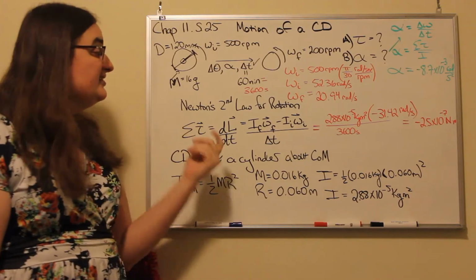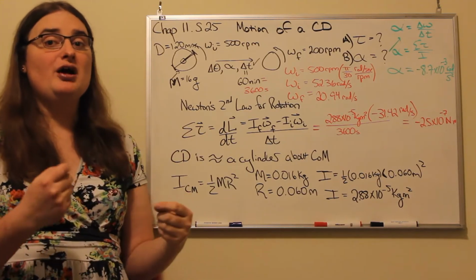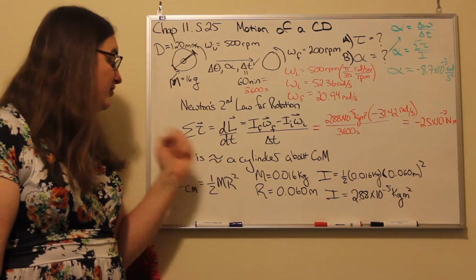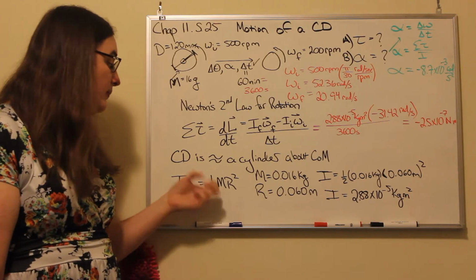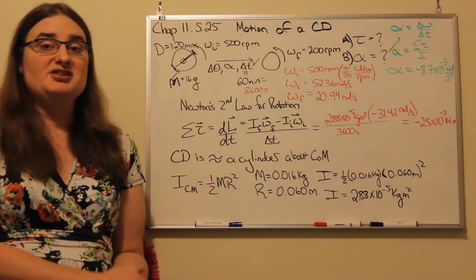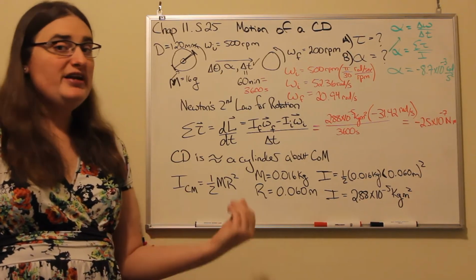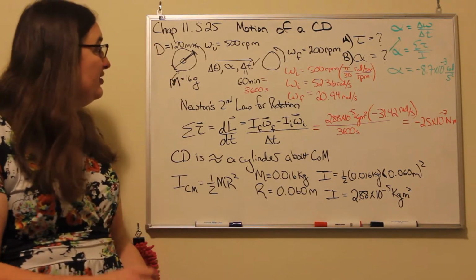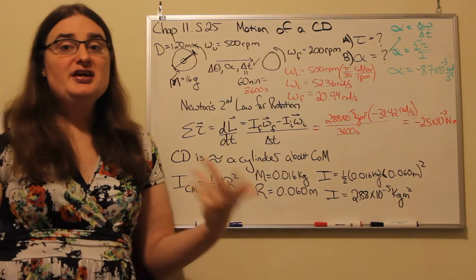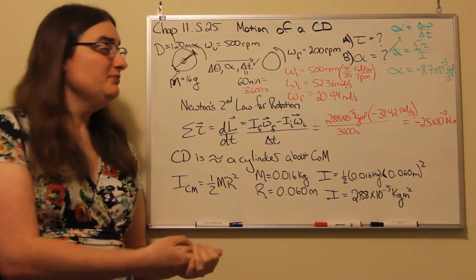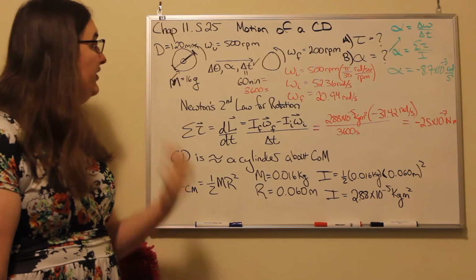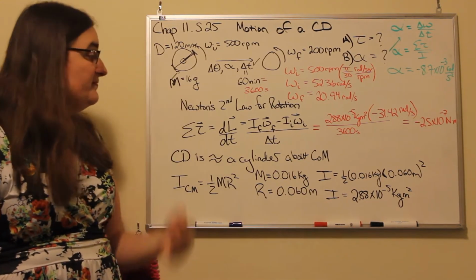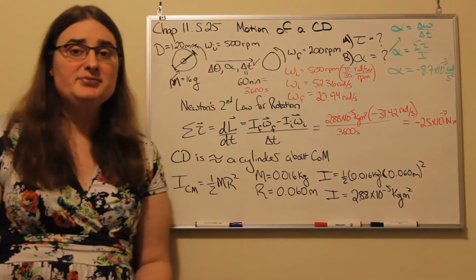Well, a CD is essentially a cylinder rotating around its center of mass, which means that the inertia for a CD is going to approximately be 1/2 times the mass of the CD times the radius of a CD squared. So the CD in question has a diameter of 120 millimeters. That means the radius is 60 millimeters or 0.060 meters. A typical CD has a mass of around 16 grams or